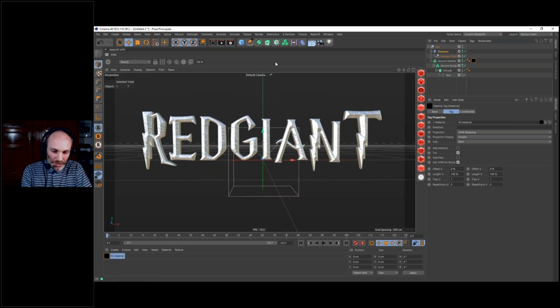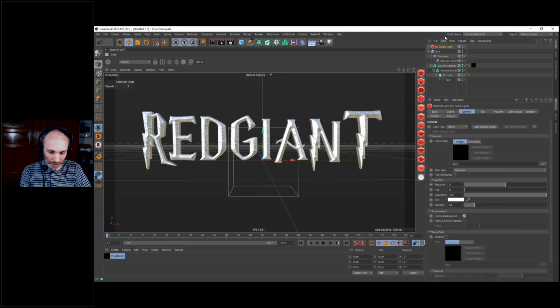So for lighting metal, you can just try at first to use a simple dome light, a simple dome light with HDRI, which will be the best suited for that kind of purpose. I have one I really like to use for metal and everything. Actually, I don't use many different HDRIs.